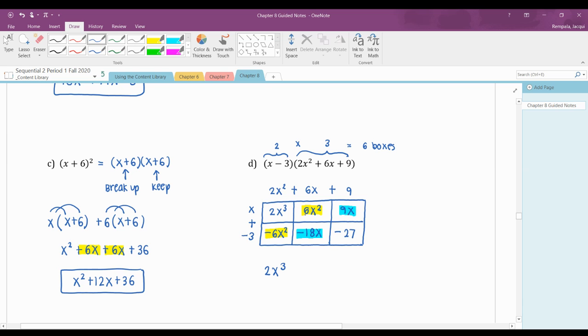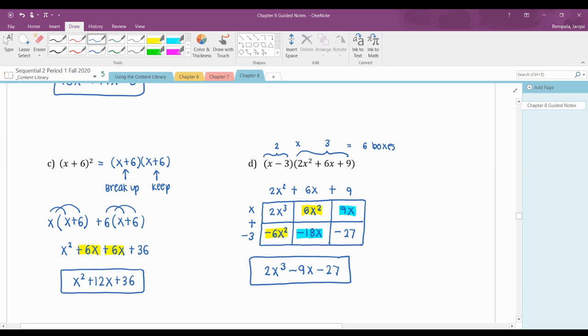If I'm looking at the x squared terms, I notice a positive 6 and a negative 6. So because those are opposites, that's going to turn into 0. Those cancel out. I don't have to write x squared. I've got a 9x and a negative 18x. So when I add that, it gives me a negative 9x. And then there was a negative 27 that I couldn't combine with anything, so that's also a part of my